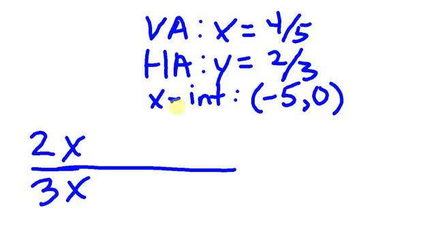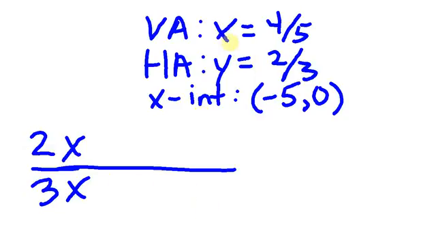Okay. So next, we need to deal with a vertical asymptote and an x-intercept. Let's go ahead and deal with the vertical asymptote. Generally, when we're finding a vertical asymptote, where does that information come from? The numerator or the denominator? Well, it comes from the denominator. And we can sort of reverse the process of how we find a vertical asymptote. We know that we can't have 0 in the denominator. So that's how we normally set up finding the vertical asymptote, is we set a denominator equal to 0 and